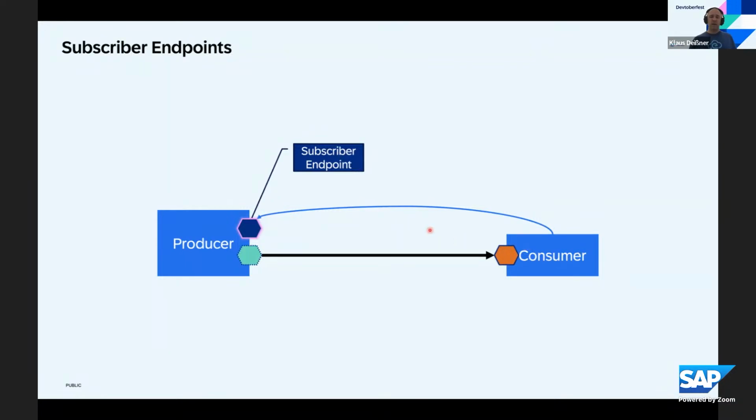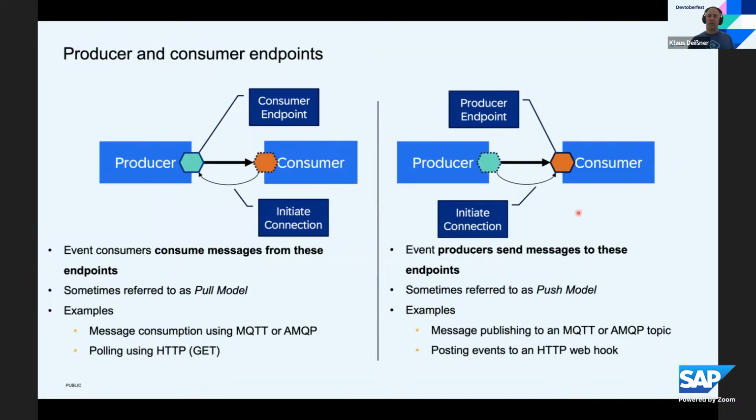So you might attract something from a webhook, an HTTP endpoint that pushes data, and if you have other consumers that would like to consume the data at their pace, they would put something like a queuing system in the middle, and then they would subscribe the queuing system to this webhook to queue the messages, and they themselves would then connect to the consumer endpoint of that queuing system. So that's the idea, and that's why we introduced these endpoint types, because we think we can describe a lot of the concepts that are out there for messaging and eventing.